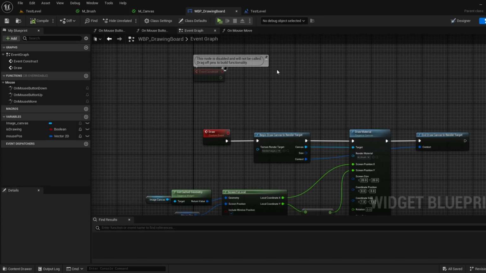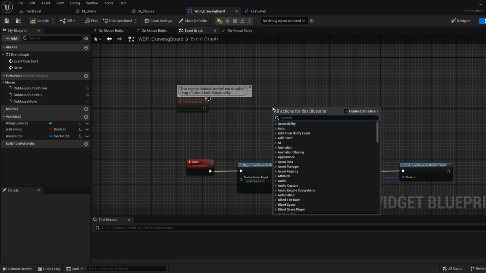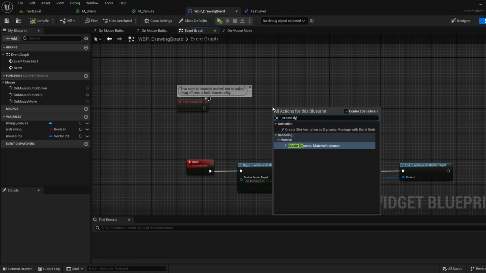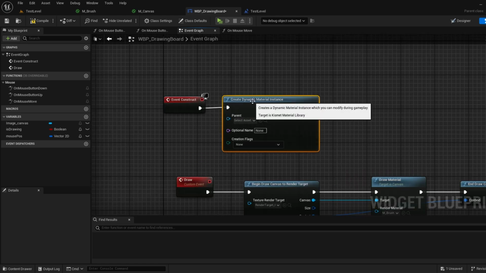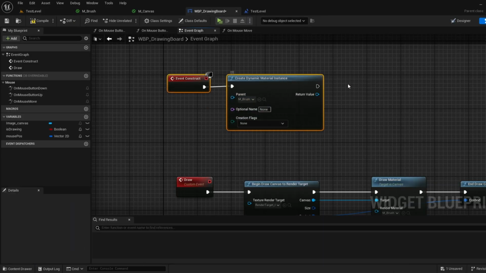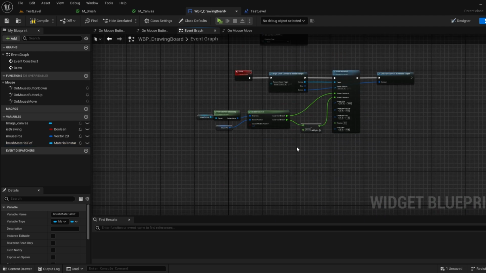All right, so this we're good. Going back to our drawing board widget, what we want to do is create a dynamic material instance. This will be the brush, and we are going to alter the parameter. Now I'm going to promote this, and I'm going to call this the brush material ref. And we're going to